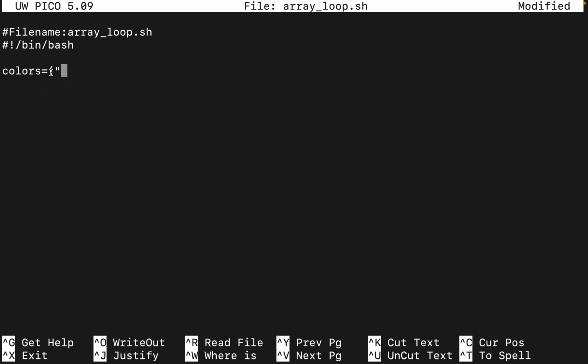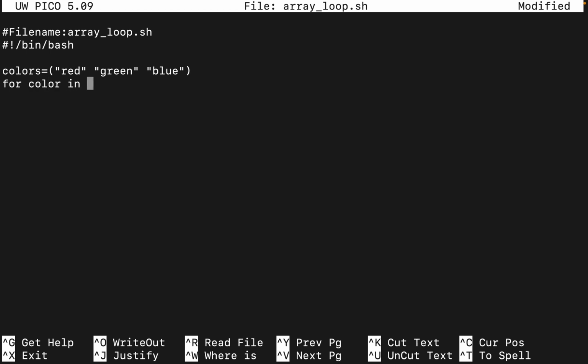Remember, it's important to do parentheses for our arrays because usually in programming people will use curly brackets. And it's also important to remember to have no spaces between here. For variables, for arrays, whatever it may be, no spaces. And it must be parentheses for arrays. Because usually, like I said, mostly in programming you use square brackets, but when you're declaring an array in bash scripting, you have to use parentheses. So let's just say red, green, blue, close the parentheses, and we're going to say for color